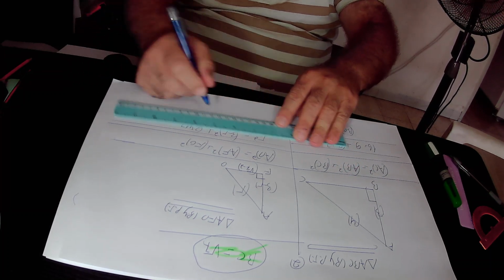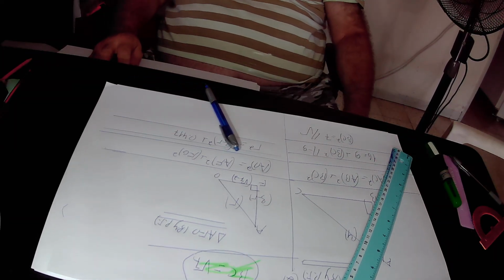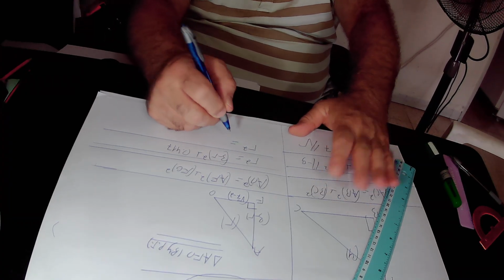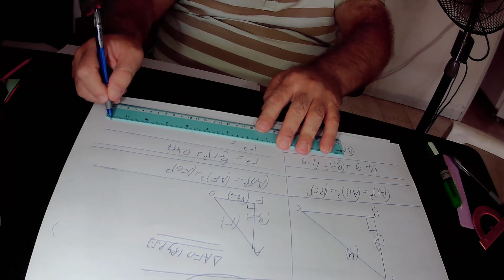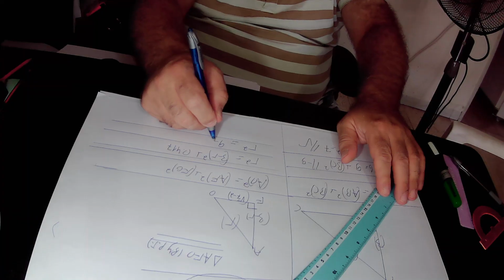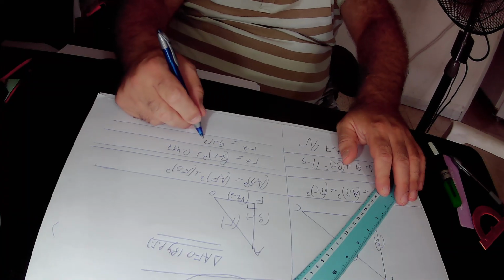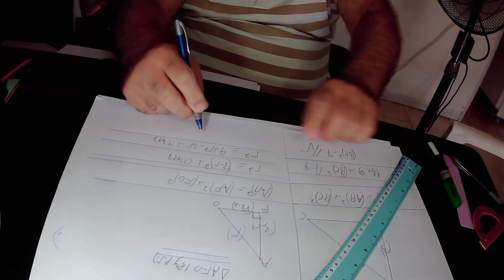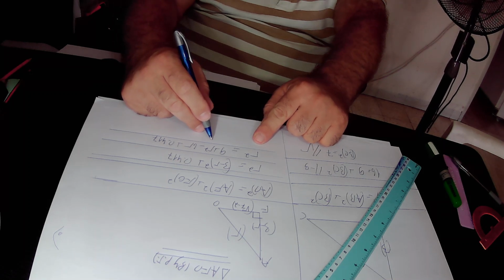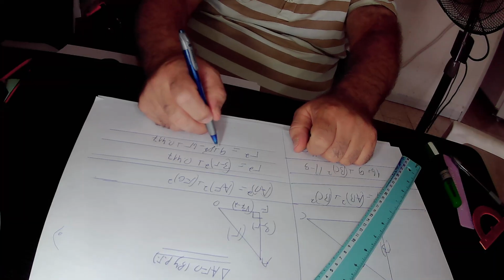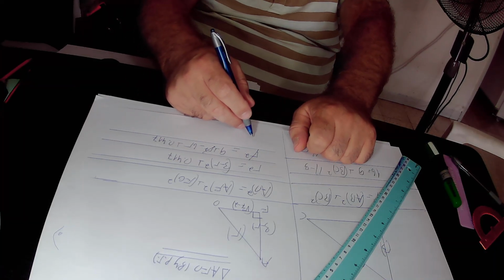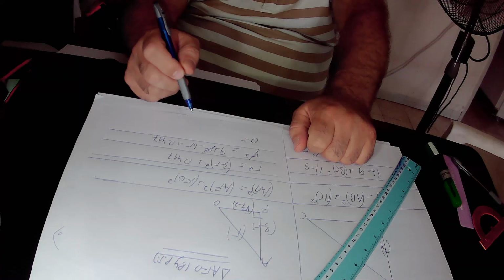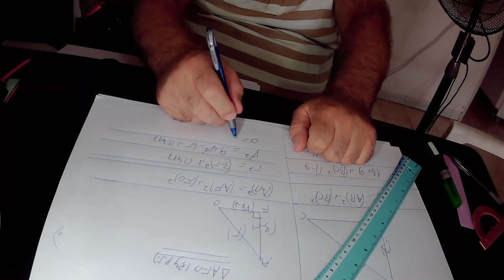So R squared equals (3 minus R) squared. (3 minus R) squared equals 3 squared, that is 9, plus R squared, minus 2 times 3 times R, that is minus 6R, plus 0.417. We have R squared on both sides of this equation, so R squared gets cancelled. After I cancel R squared, on this side of the equation we are left with nothing, that is to say 0, while on the other side we have 9 plus 0.417, that is 9.417,